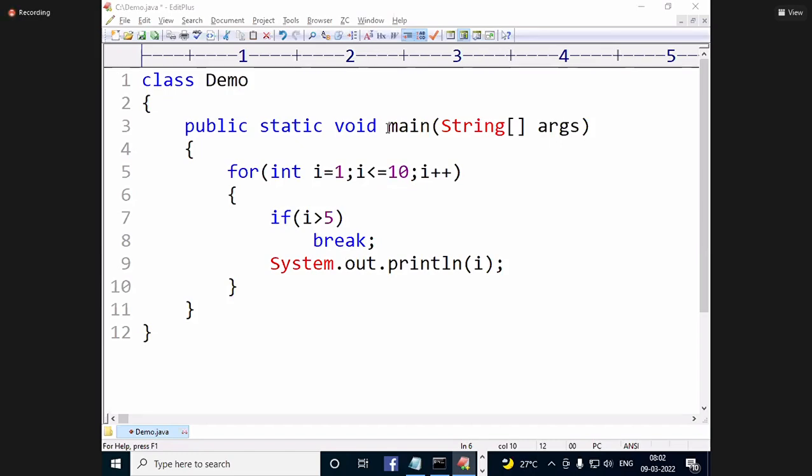How many people answered 1 to 5? Okay. How many people answered no output? Okay. How many answered 6 to 10?